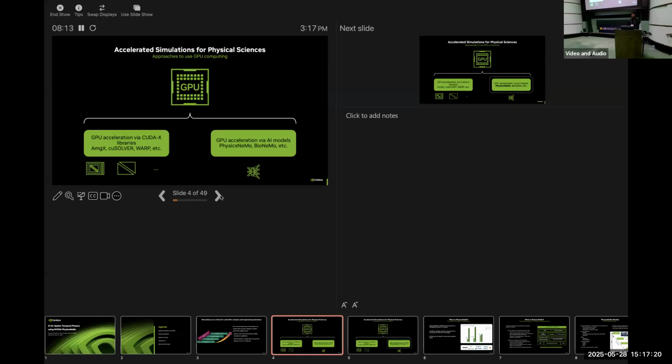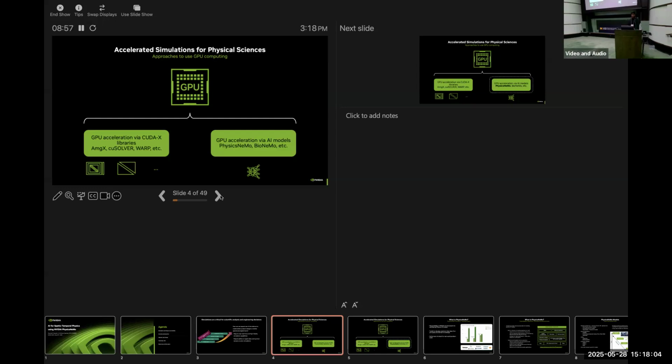We have GPU-accelerated math libraries, which take advantage of the really fast matrix computing capabilities of GPUs, and they offer a drastic amount of speed up when compared to CPU math. You have libraries like AMGX, cuSolver, Warp, cuBLAS, and so on, which are really designed to do some of these matrix-based operations very fast on GPU, and they can be used in your custom workflows. You have Pythonic as well as C++ and Fortran-based libraries here to do that.